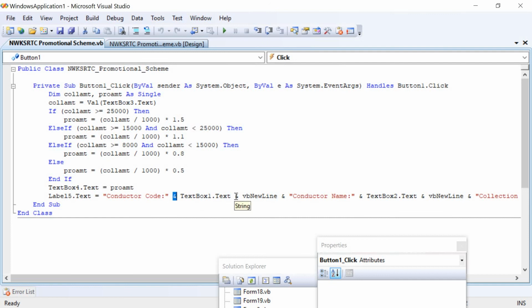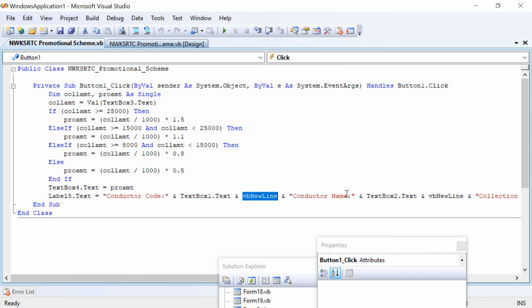Again we have the ampersand, that is the concatenation operator. VB new line is a command which is mainly used to go to the next line. Suppose we have to go to the new line, this command can be used, because on the next line we have to display the conductor name. Then again the ampersand.